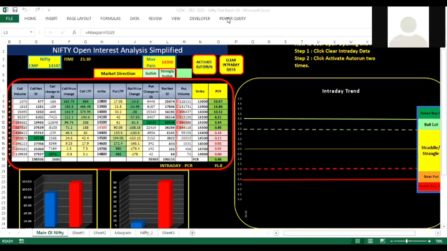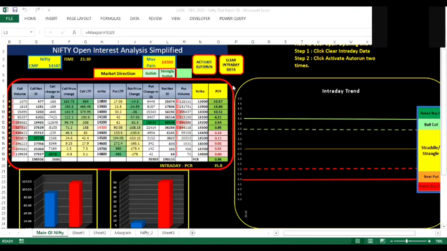Thank you, Pankaj. And one more final thing, sorry for taking a long time. No, it's okay. Activate auto run, right? So that is a double click. I mean, 2 times we have to click it, but we are not sure whether it has started running or not. So once the second time is clicked, if it is disabled, it will be easy for us to understand that the sheet is running.